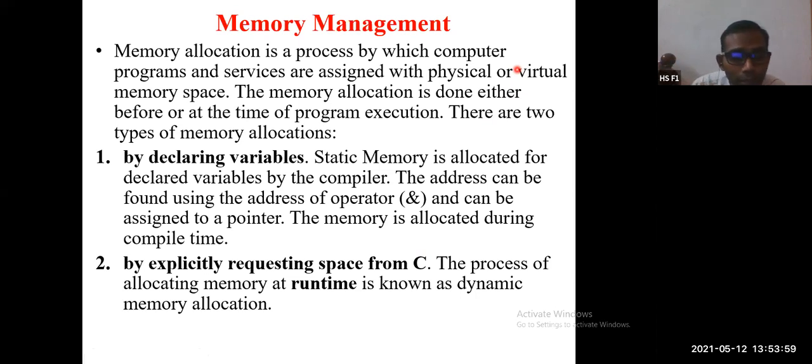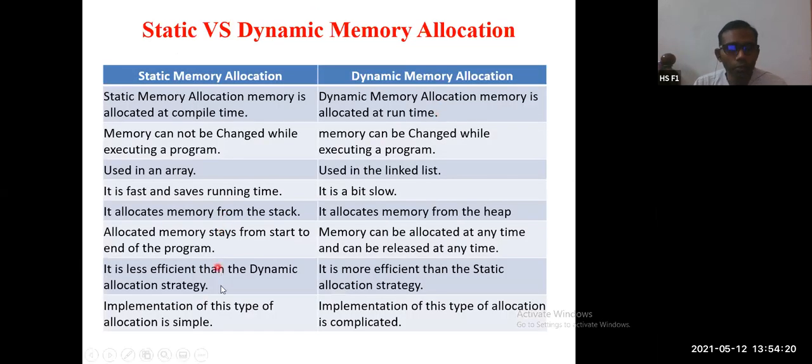If you are going to allocate the memory at execution time, where the user is asked how many values they want to enter, say 3, then allocate only 3 times 4 bytes of memory. If the user wants 10, then allocate 10 times 4 bytes of memory, like that. We'll see that.